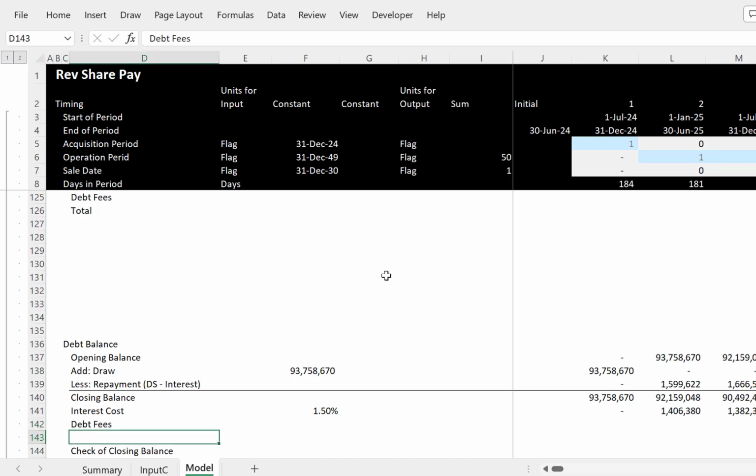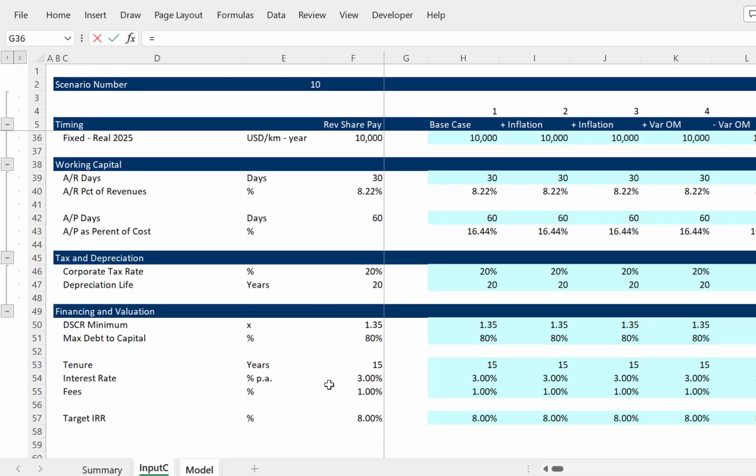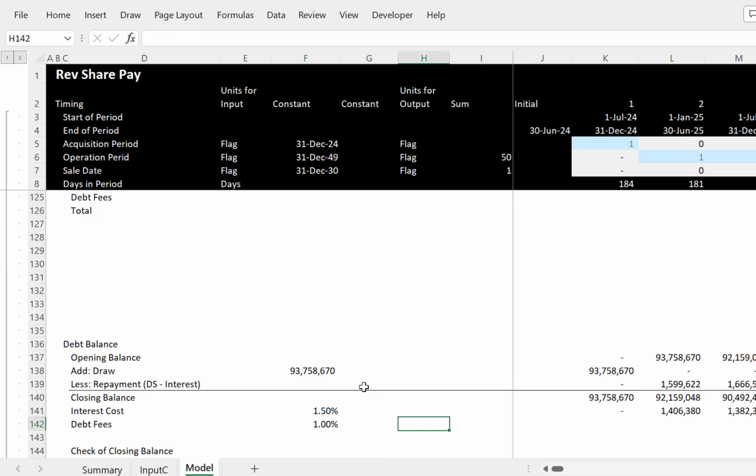Now, we won't get a circular reference on the debt fees if we just use sculpting, but if we have this problem of this maximum debt to capital, which we don't seem to really have, we're going to run into these debt fees, and we can just take the total amount we issue of the debt multiplied by the fees multiplied by the